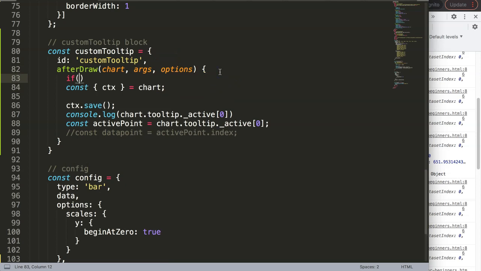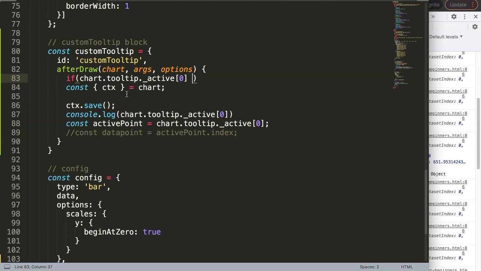The tooltip should only show once we hover over an item. So that's logical. However, we need to make sure that all these values, because these values are only shown the moment we hover over an item. So that makes all sense. So we're going to say here if tooltip active, and we have a length of 1. If that is the case, in that case, what I want to do here,